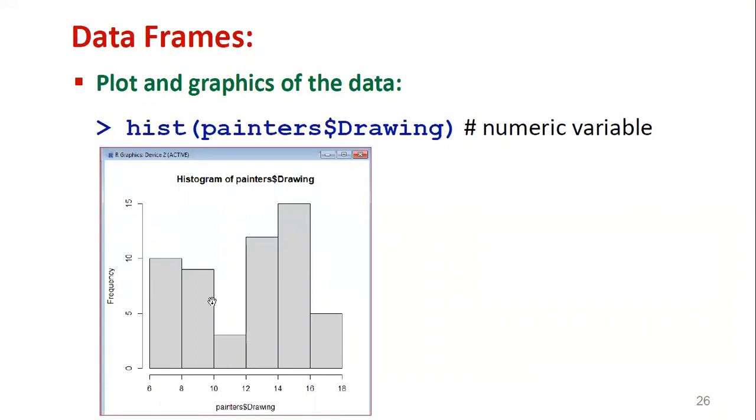Then the frequency: for each painter drawing value, how many times it occurs, the histogram is displayed frequency wise, you can see. So the highest is in the 14 to 16 range, where the frequency is 15 times.